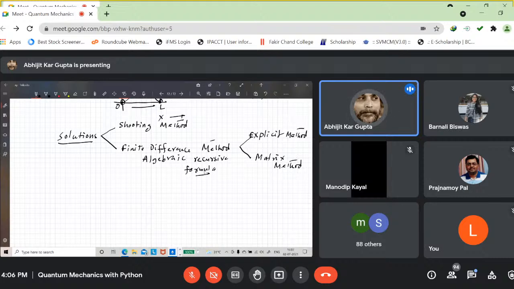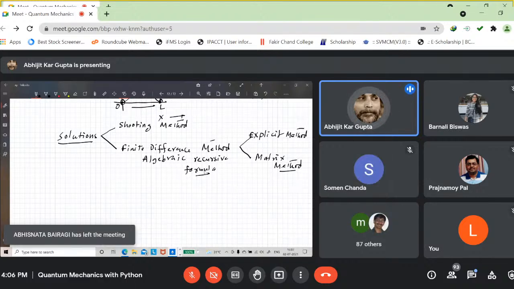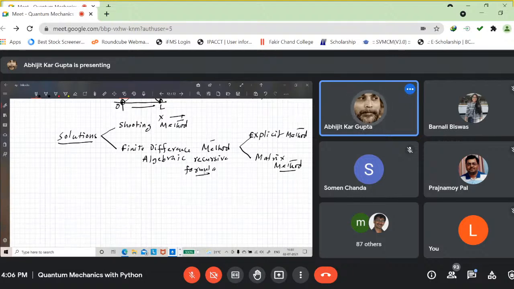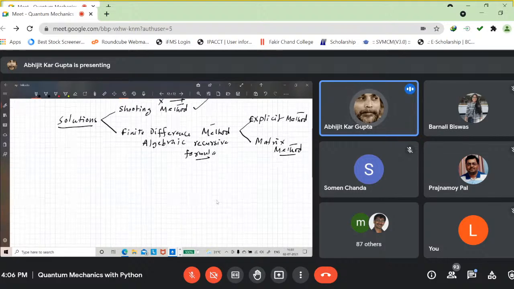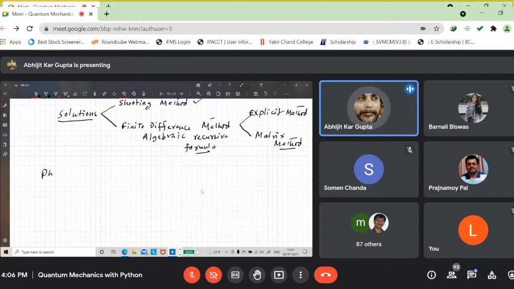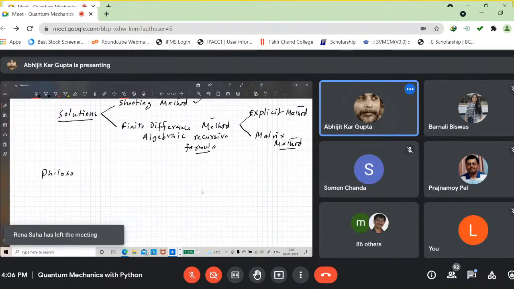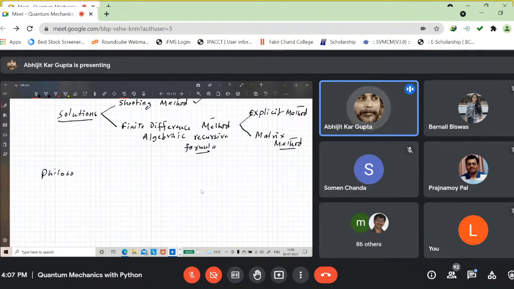We'll try to touch all of these today, but I don't know how deeply I can go, or how technically and in how much detail I can talk about it today. But let me give an example first for the shooting method. So what is the philosophy of the shooting method? Shooting is shooting. If you have experience of shooting something, suppose you were in college NCC, or some of you have played with the gulti in your childhood. So the philosophy